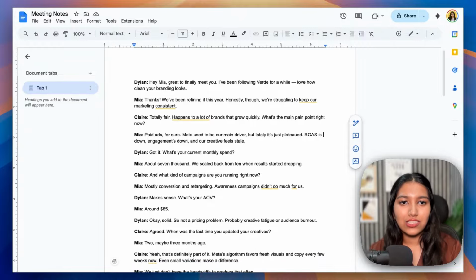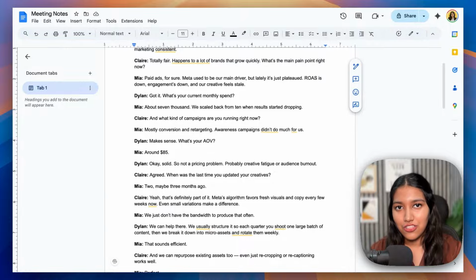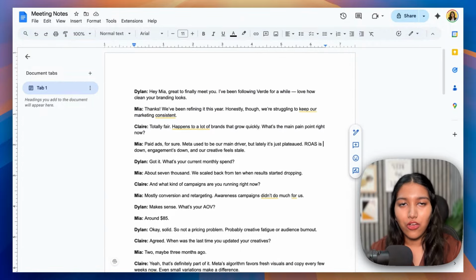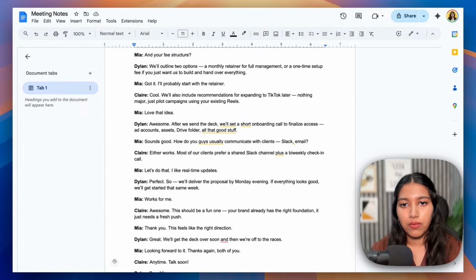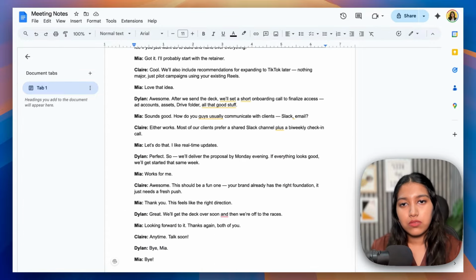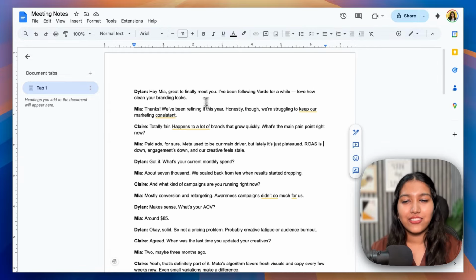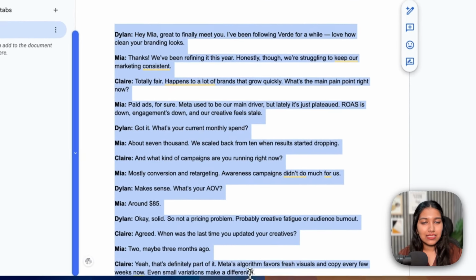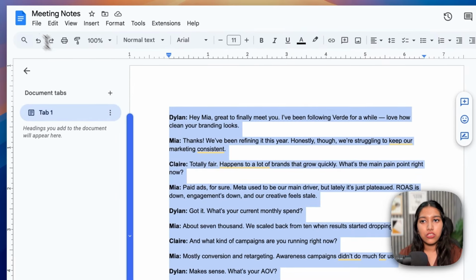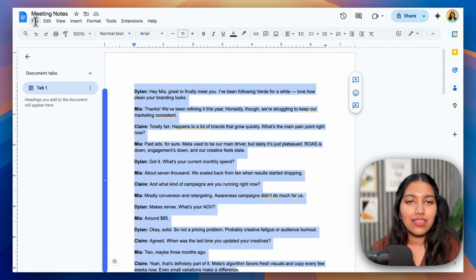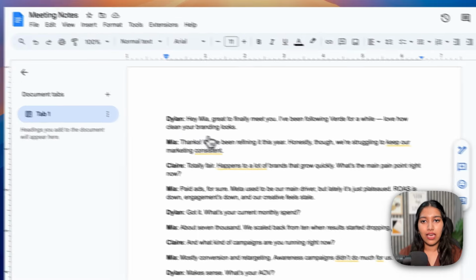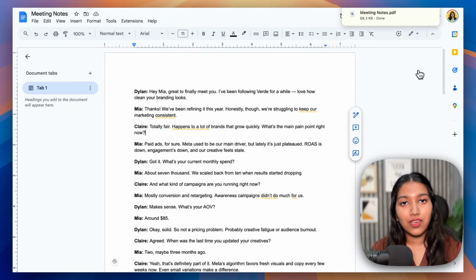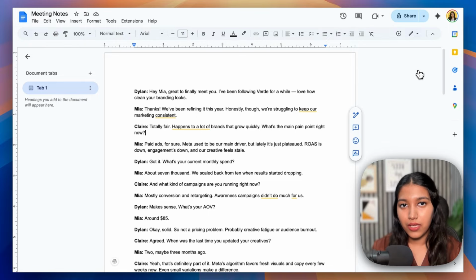Now, obviously, this is not a real transcript because I can't share that, but this is how the conversations usually go. So it's quite long. They've talked about the problem, the deliverables, the fee structure, etc. So now it's up to you if you want to copy paste this into the Gamma agent or if you want to download it and then pass it on to the Gamma agent. So I'm just going to download it as a PDF for the time being. Now again, I'm going to show you how you can create a client proposal from this, but you can obviously refine it based on your procedures.